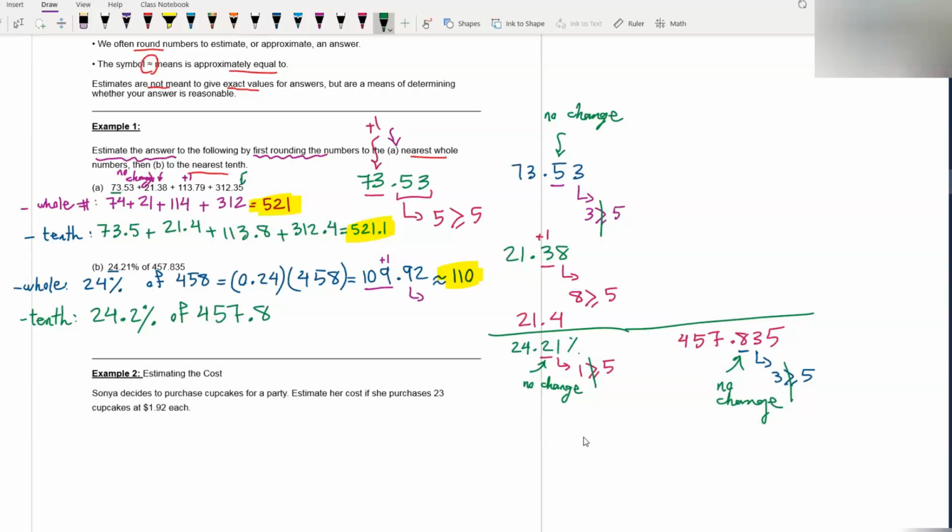After this one, now we're trying to find the final answer. So we have to use decimal number. For the first one, move this decimal point 2 places to the left. Now we have 0.242. Of means multiplication. Multiply by 457.8. This is equal to